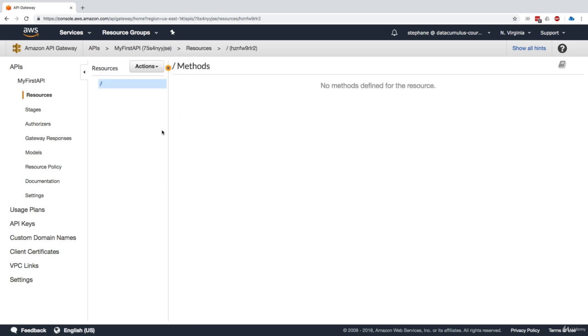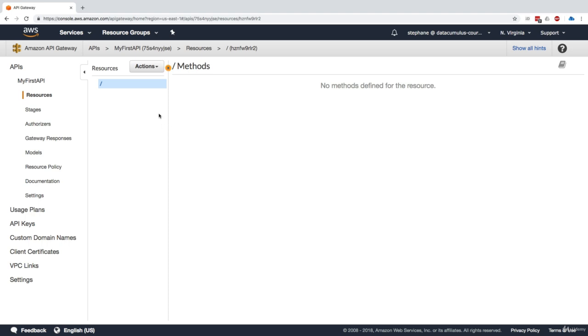So we are in the UI of Amazon API Gateway, and as you can see on the left-hand side, we just created My First API, so it will appear here. If we have other APIs, they will appear in a list on the left-hand side. There are a bunch of options we'll go over in future lectures, so for now, we'll just focus on My First API. My First API is divided between resources, stage, authorizers, gateway responses, model, resource policy, documentation, and settings. It just gives you an idea of how complex API Gateway can be. Thankfully, we're just going to go ahead slow and step by step,